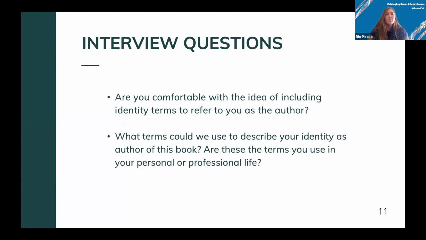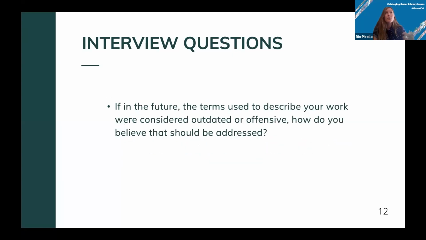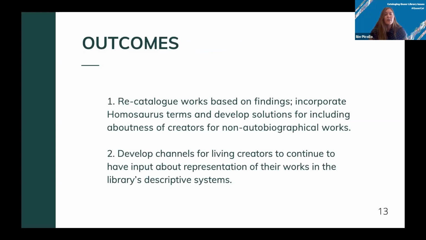I'm especially curious here about how folks view processing changes to personal identity and the relationship between personal and professional identity, what aspects of self we share with audiences and for what purpose, and that sort of thing. Other questions will focus on helping us gather information for longevity and scalability. Identity labels are obviously very personal for the most part, but language is always evolving. So that's something we're thinking about in terms of how catalog records can stand the test of time as well.